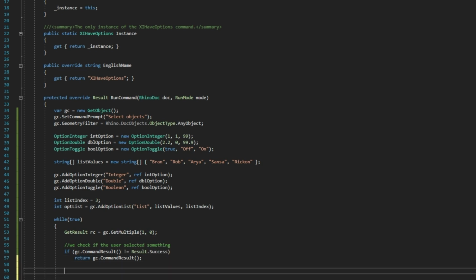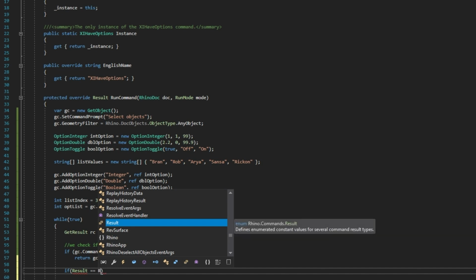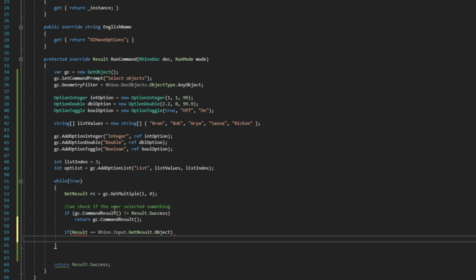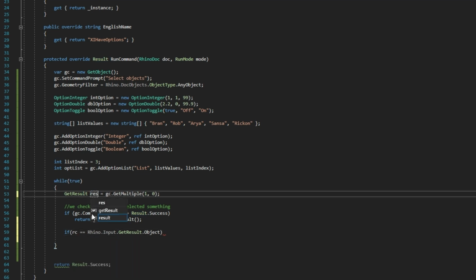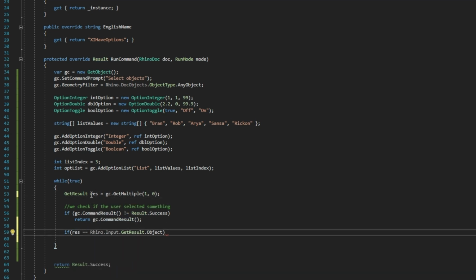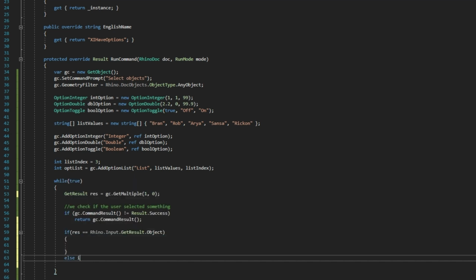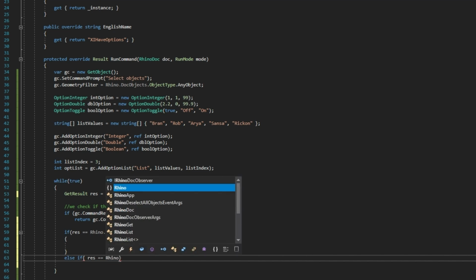The user kind of has two main options. First option is that the user actually selected an object, and luckily I wrote result here. What I wanted to write is RC, or let's call this res as a result so that it makes more sense. So this variable here can recognize if the user selected an object or not. You can go to this enumeration again if you want and see what options you have. If you remember, there's lots of options. So we can recognize if the user selected an object and pressed enter, or if the user actually pressed on one of the options. We can recognize that